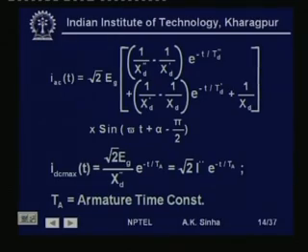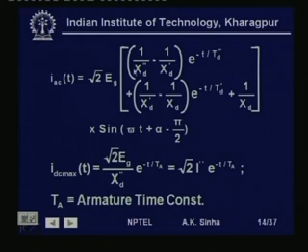So, in this case, considering the DC current to be 0, the AC current is not symmetrical as such, because it has a decaying term depending on the direct axis subtransient time constant, depending on the direct axis transient time constant, and so on. This current is given as I_AC at time t is equal to root 2 times E_g into 1